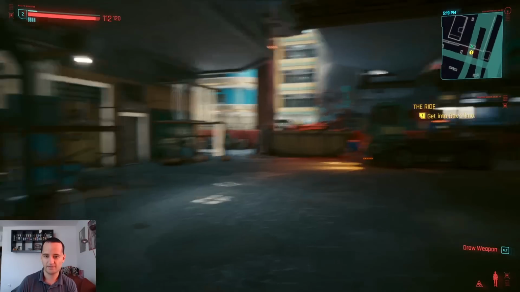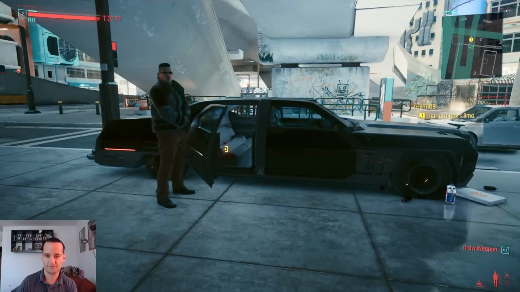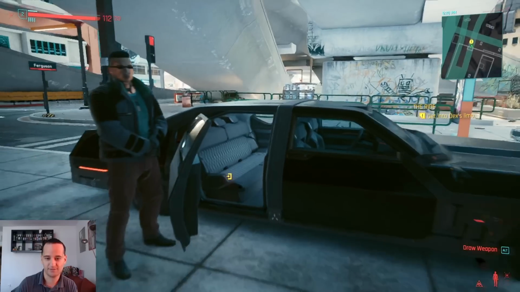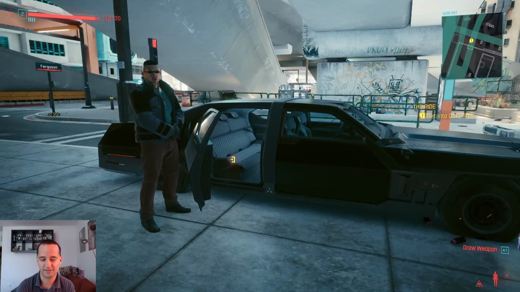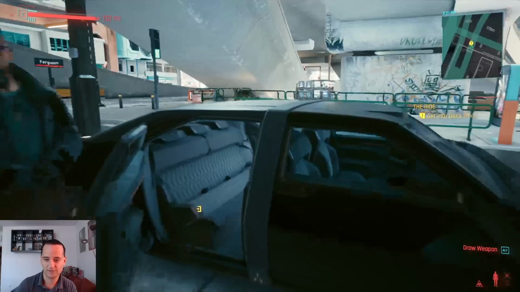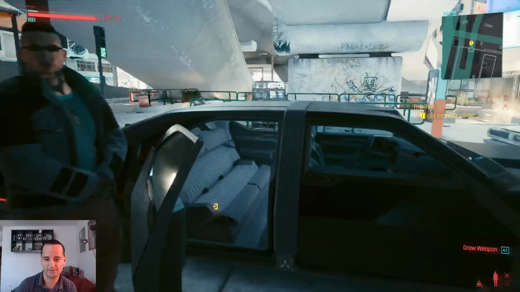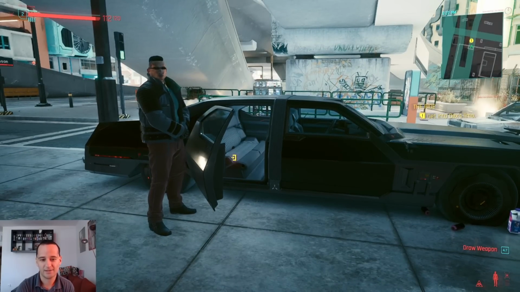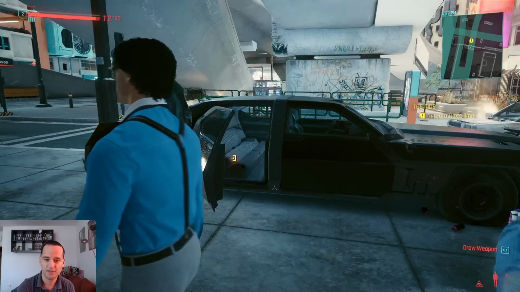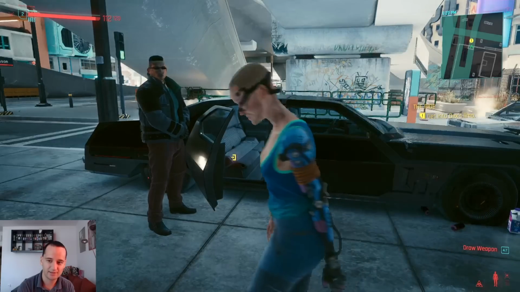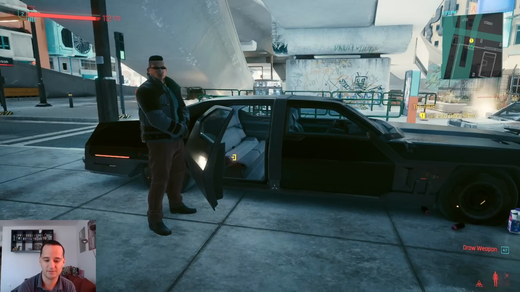Let's load a save file where Dex should be sitting in his car. Dex should be here, but he is not there. What has happened? Well, the animation importing has failed because you have to remember 2 or 3 really important things while importing animations. First of all, you have to make sure that the RE file name is the same as the animation you want to replace. Second of all, inside the Blender, you have to make sure that the root and hips bones rotations are correctly